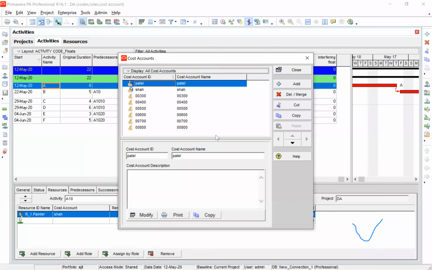Many companies keep the code, but for simplicity, I have added two cost accountants, Patel and Shah. Is it clear, all of you? I added two cost accountants named Patel and Shah. You can add anybody. See, can you see this add? You can have any number of accountants here.